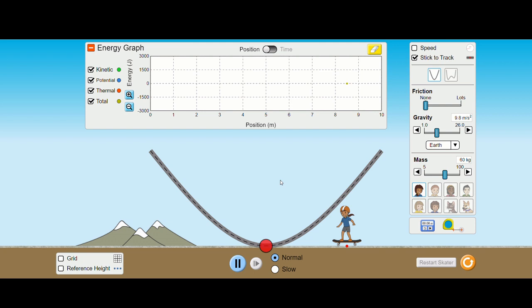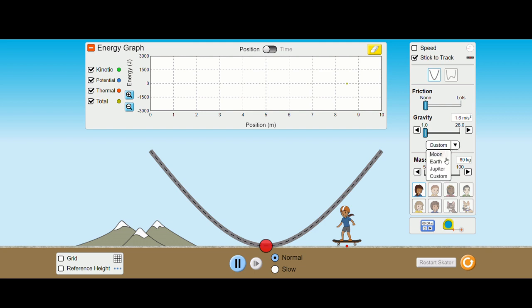So we are going to simulate a skateboarder on different planets. You can see the tab on my right hand side. We have Earth right now. The acceleration due to gravity on Earth is given here. That is 9.8 meter per second square. We can change it to Moon, Jupiter, and